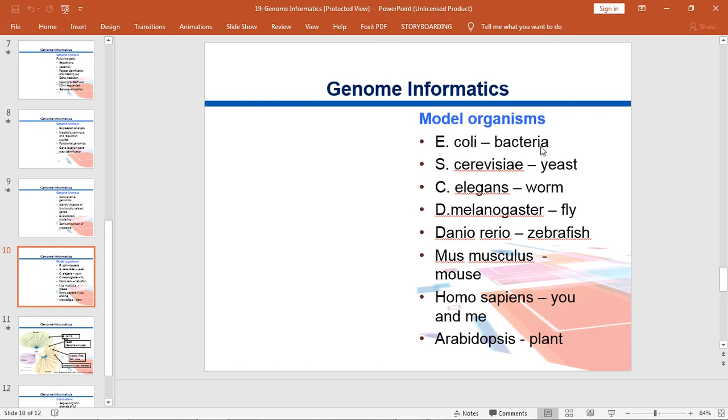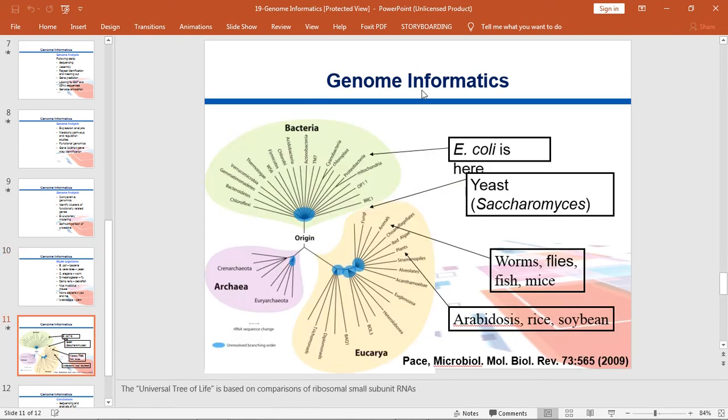मॉडल ऑर्गेनिजम्स: ई कोलाई बैक्टीरिया, एस्क्रिविसिए यीस्ट, सी एलिगेंस वर्म, डी मेलानोगास्टर फ्लाई, zebrafish, mus musculus mouse, homo sapiens, you and me, and arabidopsis plant। सही। इसके बाद में हमारे पास जीनोम इन्फॉर्मेटिक्स में ये 3 डिविजन आ गई है, बैक्टीरिया, आर्की और